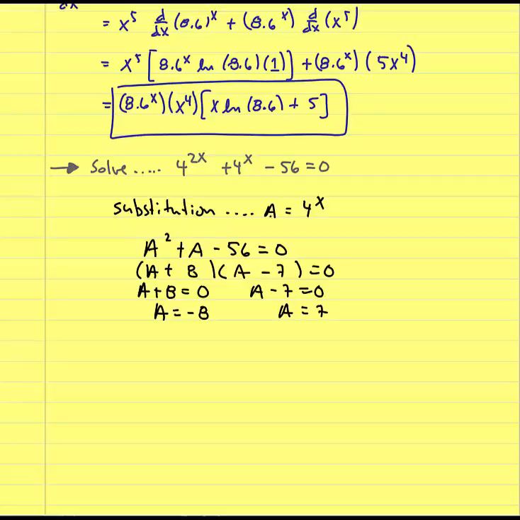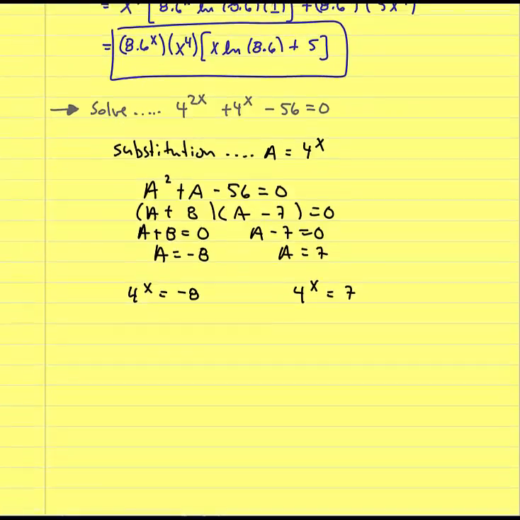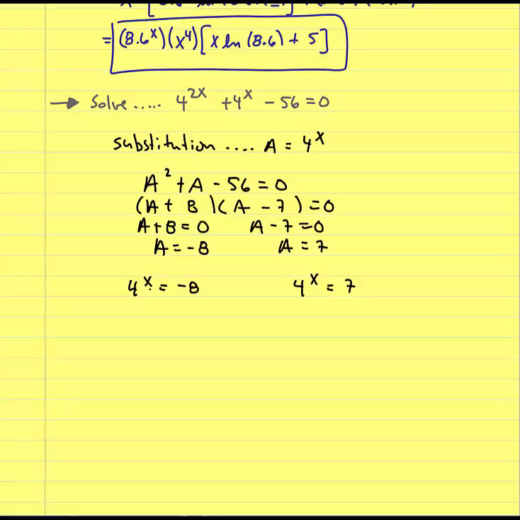So a is 4 to the x. So this simplifies to 4 to the x equals negative 8, and 4 to the x equals 7. So if I want to figure out what x is, I need to solve this, and there's many different ways that I can do this, but the easiest way is to probably take the ln of both sides. So when I take the ln of both sides,